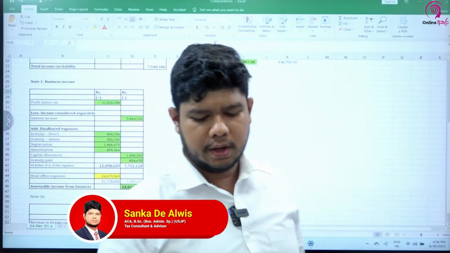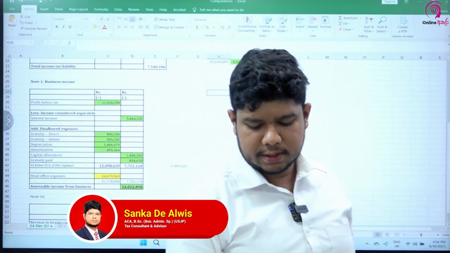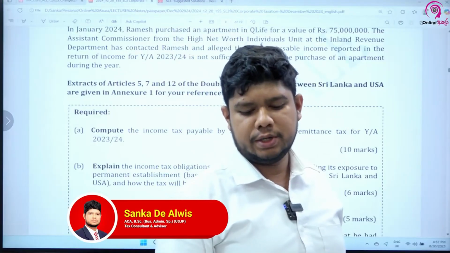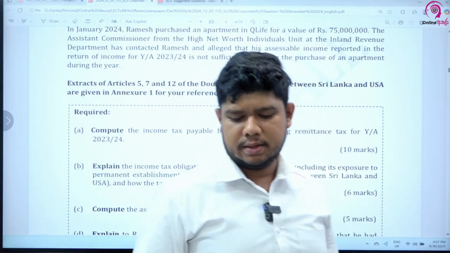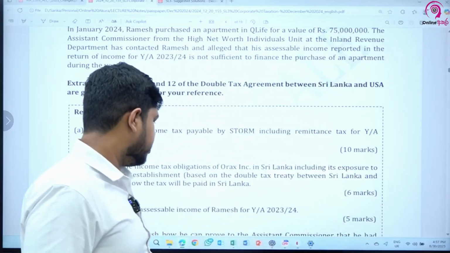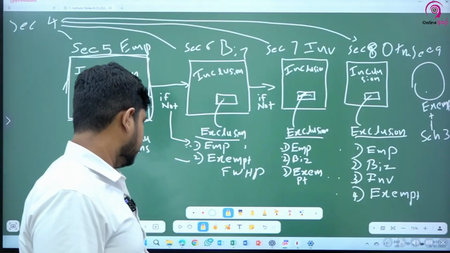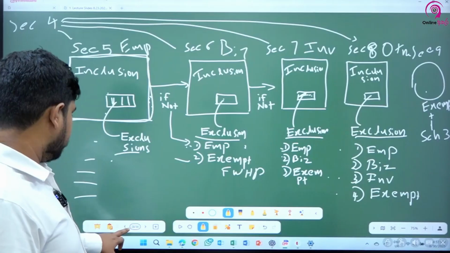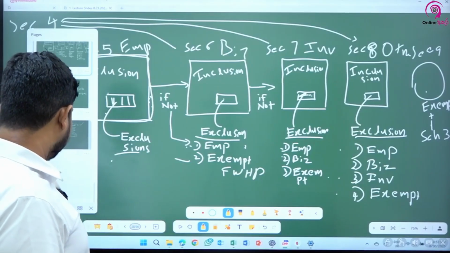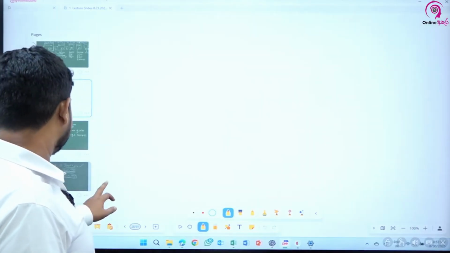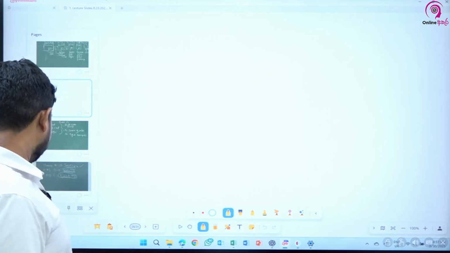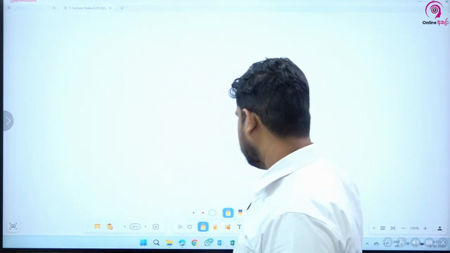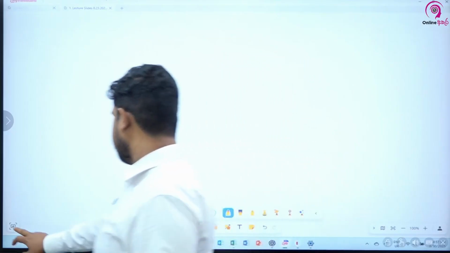Okay, students, without further ado, let's go on to discussions on papers, which is a very important part of our program. So we will move on to paper discussion without sticking to theoretical parts. Firstly, we will discuss